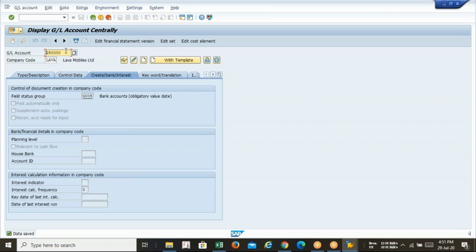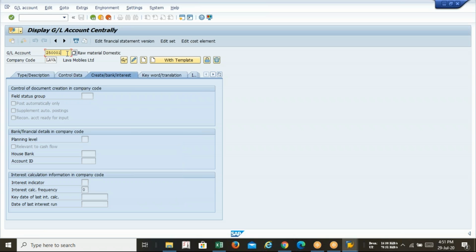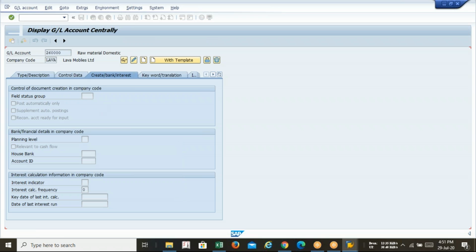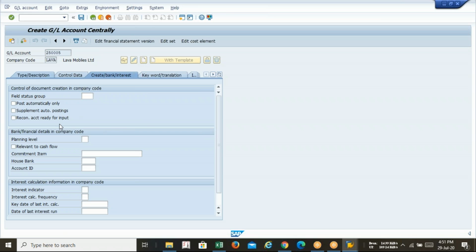Okay, and one more GL I need to create, 2,51,000. That is payment, so this already exists. Change it. 2,60,000 I'm using. Type description, what will be coming?